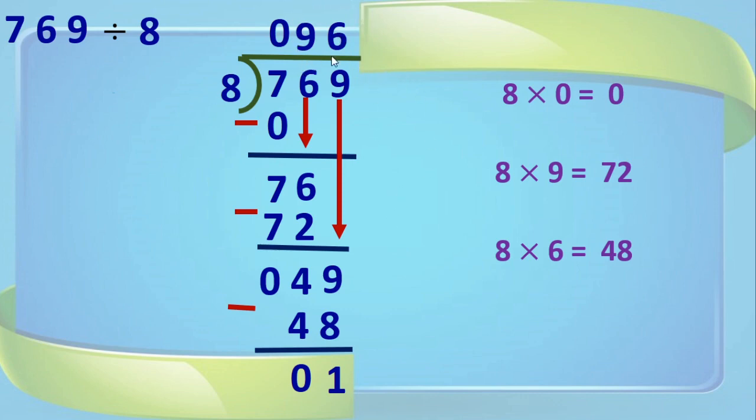Now your quotient is only 96. Divisor is 8. Dividend is 769. And the remainder is 1. Okay,